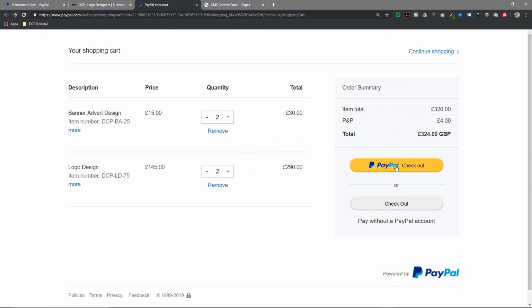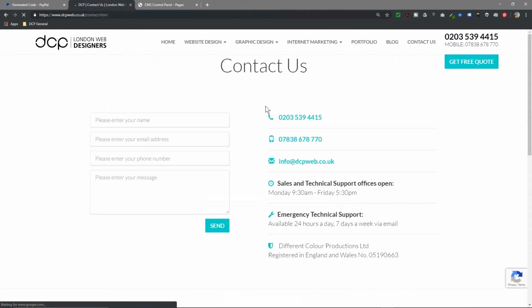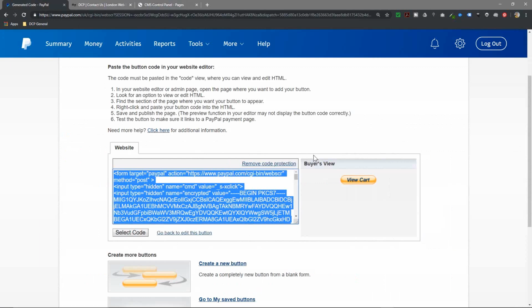So if they've got a PayPal account, they can click here and run through PayPal. If they don't, then they can pay via credit card here, and we can remove this. We can remove this. Your cart is empty. Continue shopping, and then remember it takes us to the Contact Us page. It took us directly to the Contact Us page, because inside of the button when we created it, if I